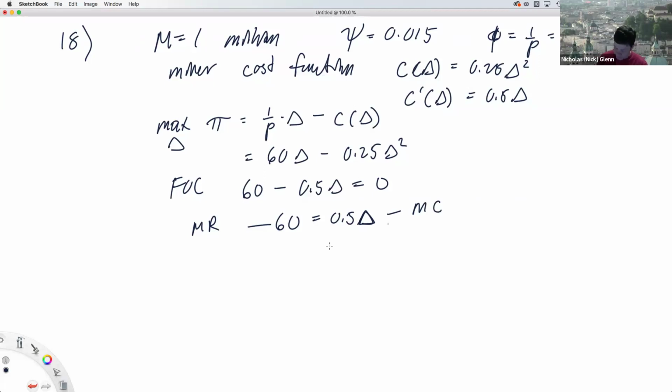All right. So what you can do, if you're doing this problem, you don't have to worry about doing that. You can just set this up straight away where you set marginal revenue equals marginal cost. You're just setting the real price of the tokens equal to the derivative of the cost function. That'll give you that. All right, and so now we'll solve this to get the exact amount of delta.